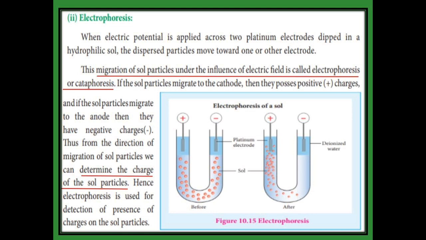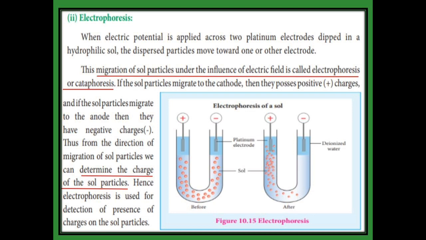In the first diagram, the level of the dispersion medium is the same, but after the electricity is passed, some of the sol particles move to the positive electrode. Why do they move to positive? Not the dispersion medium. The blue level is the same, but the red color alone is not the same. Compared to the first diagram, the red particles are moving to the positive one. Why? Because the sol particles have negative charge, so the negative is attracted by the positive one.